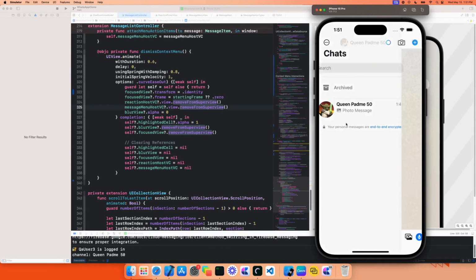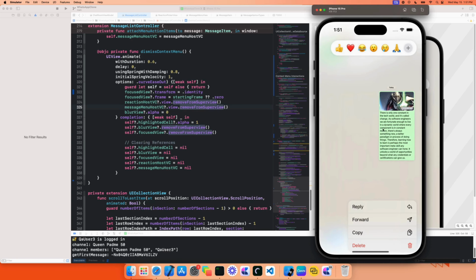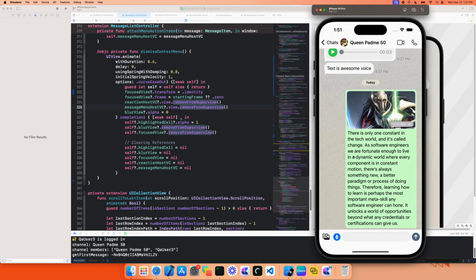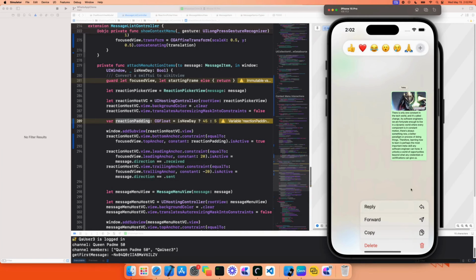Jump right in here, and let us try this message. Let's long press on it. It does that. What about when we dismiss it? Look at that. It returns back to its initial position. But obviously, there's a new bug now, because the reaction picker view and the context menu are now so far